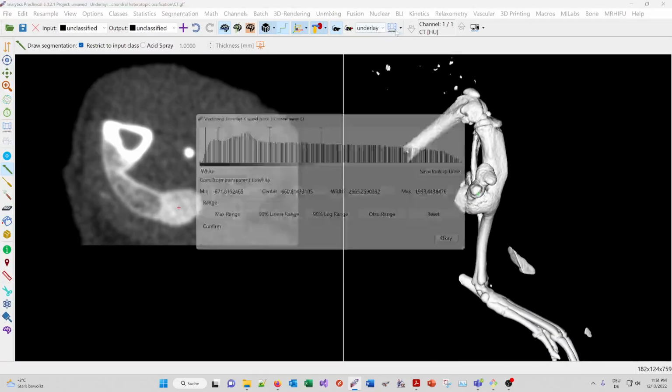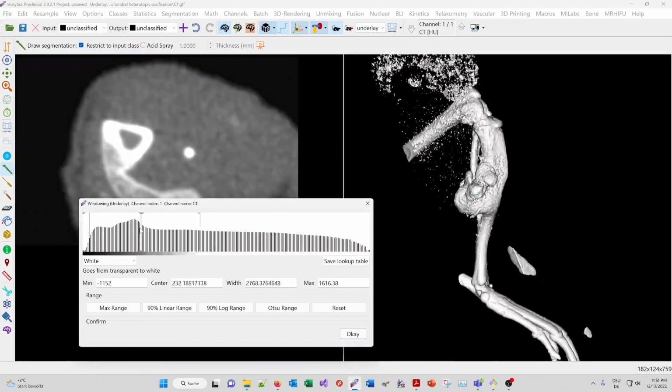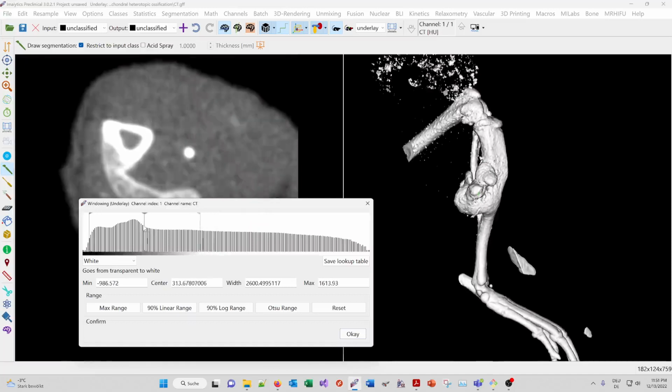The first step would be to find a threshold using the windowing. You can use ISO rendering to find a threshold because you see everything above the center value, and we move the slider until we find a good threshold.